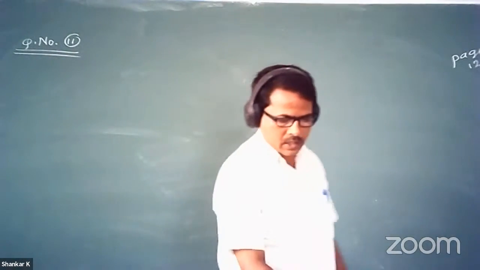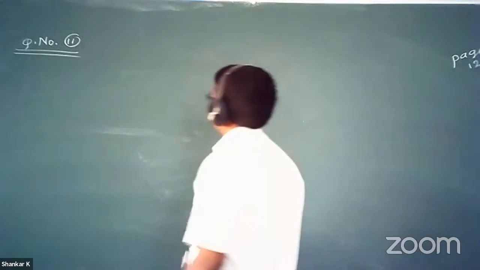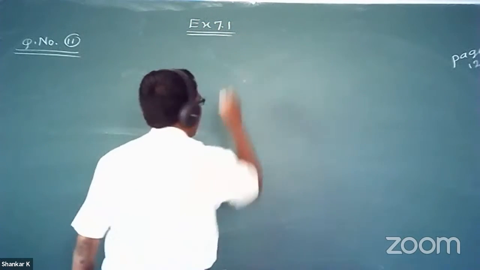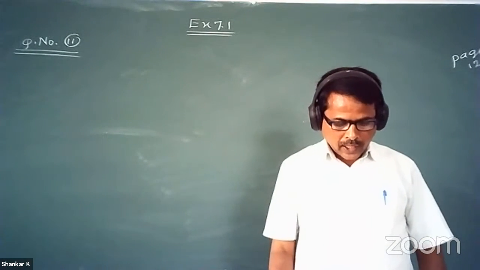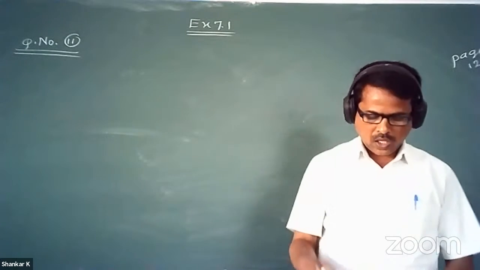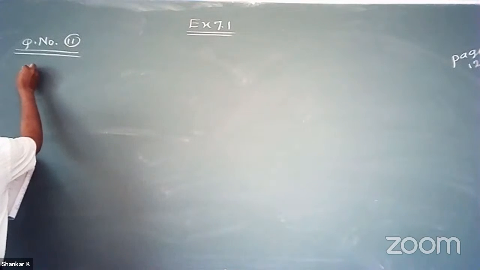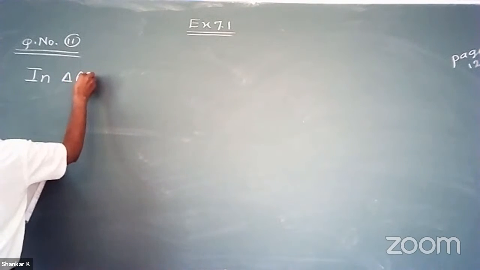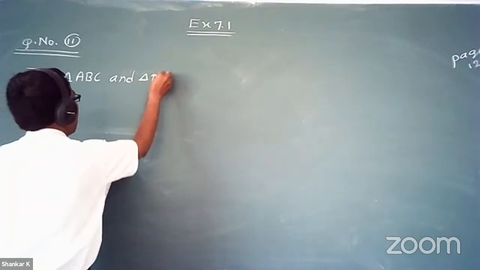And also, which exercise? Exercise 7.1. Okay. Now here, what is here? In triangle ABC and DEF. I'll write the question and then you write. In triangle ABC and triangle DEF,